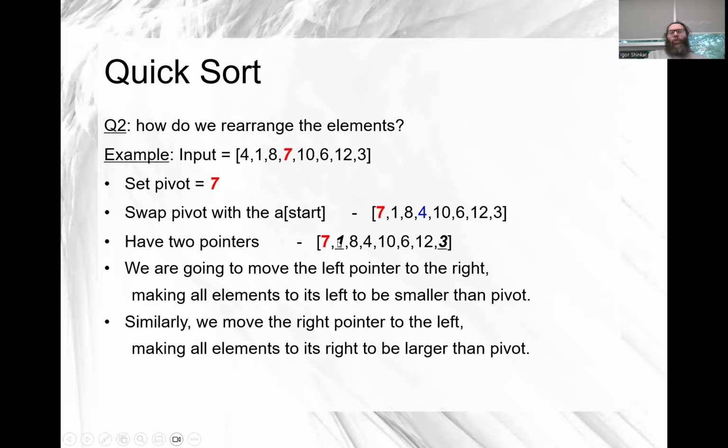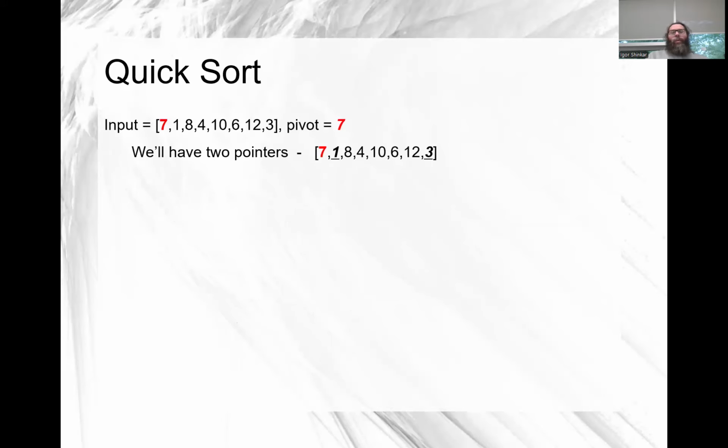So the left pointer will be moving to the right, and ideally it will have small numbers, no smaller than the pivot, and the right will be moving towards the left, and ideally it will always have large numbers. Okay, so let me give you an example. So, one is happy because it has a small number. Then we move one step up. Oh, it has an 8. Oh, 8 is not good. 8 is large. So we stop for a second, and then we move